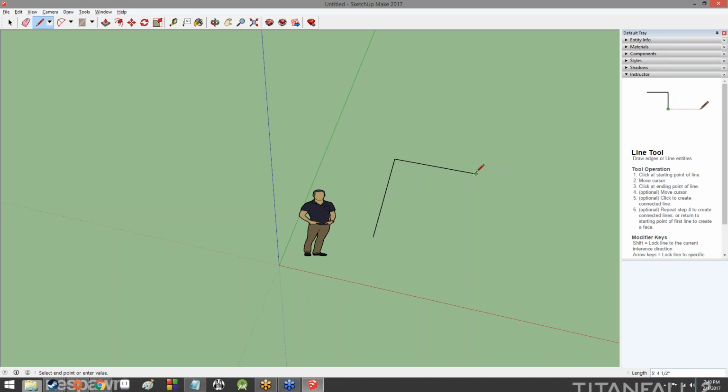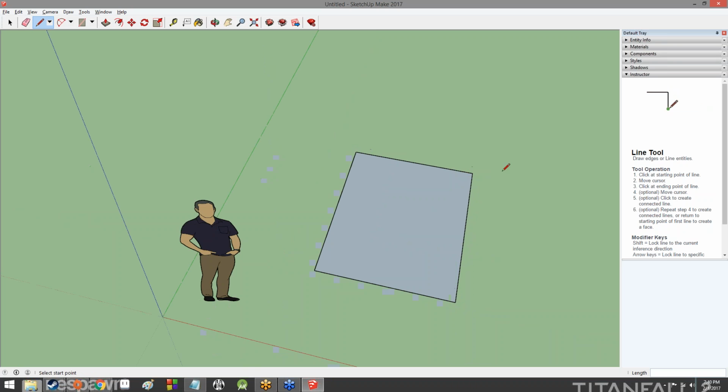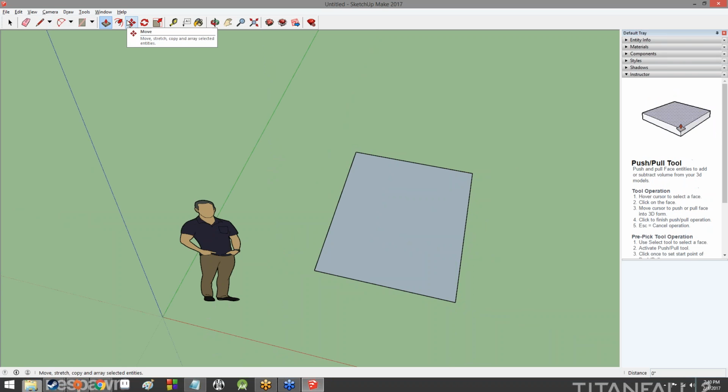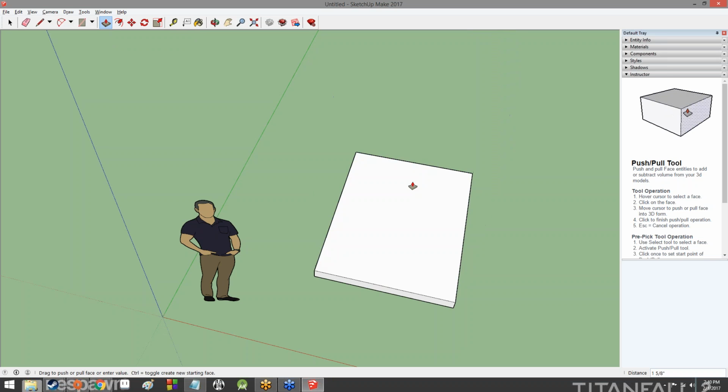Oh, never mind. So if I were, for instance, to draw just a really simple box, it's not even a very competent box because it's kind of screwed up. You see how it turns solid gray though? That means that it is a shape. It is a solid object. And we can actually turn this into a three-dimensional object. I can use this little push-pull tool up here, click on it, and then just, with a single click